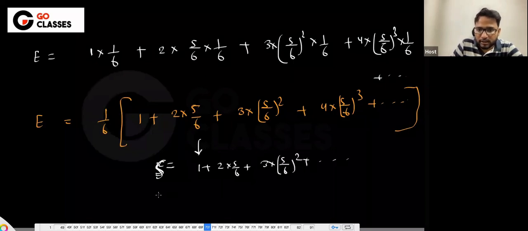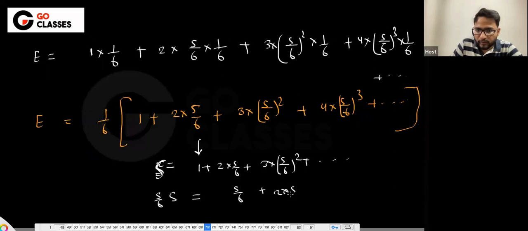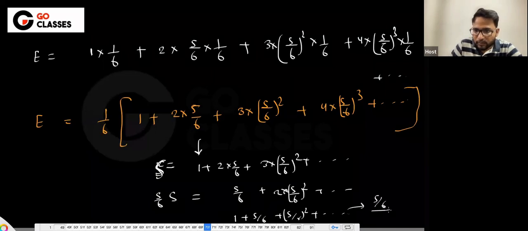And then 5 by 6 S is equal to 5 by 6 plus 2 into 5 by 6 square, like this. If you subtract, it will be 1 plus 5 by 6 plus 5 by 6 square, like this. So it will be 1 upon 1 minus 5 by 6, which is 1 by 6, and then this will be 6,